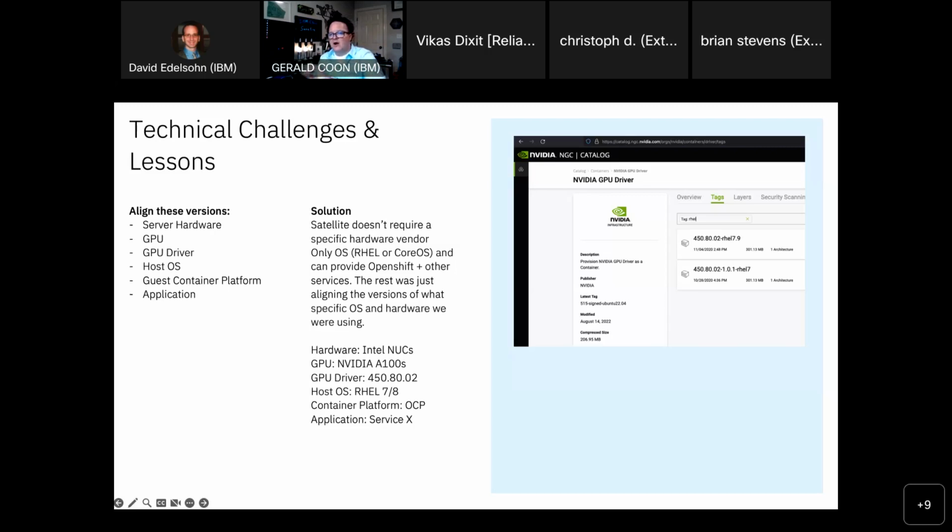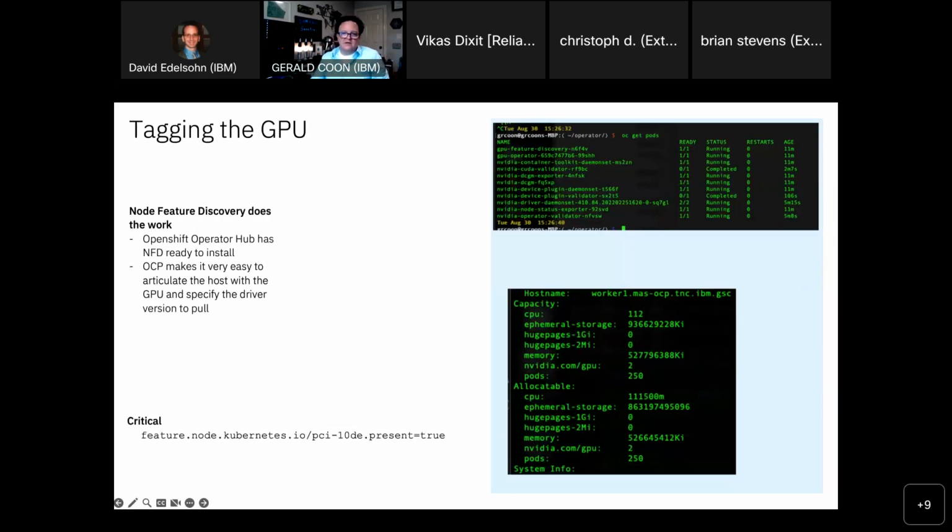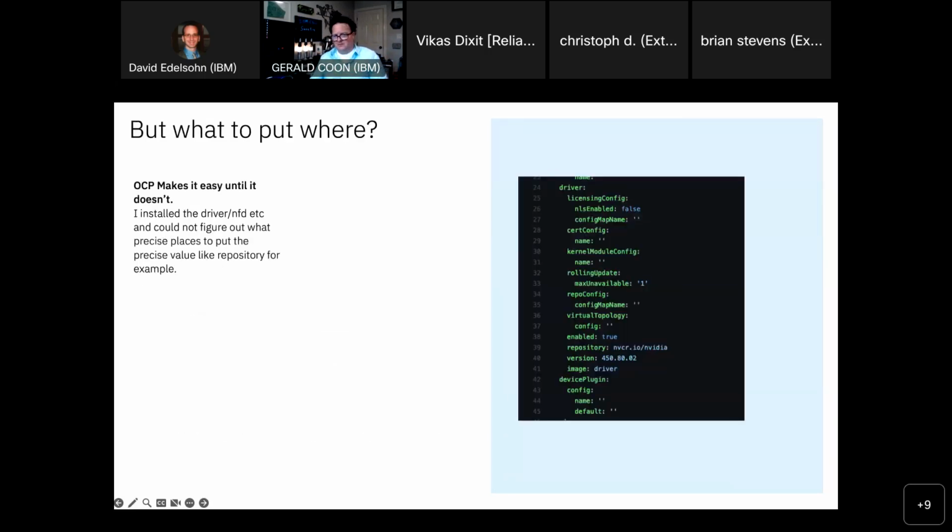If I'm running RHEL 7.9, which hopefully you aren't anymore, RHEL 7 is kind of old at this point, this is the version number of the driver that you would want to put in the OpenShift configuration YAML that I'm showing you here on the other slide. If you're running CoreOS, there is a different version number, and that is very, very critical to be successful with this. So having put in my configuration 450/8002, which aligned to the Red Hat version that I used,